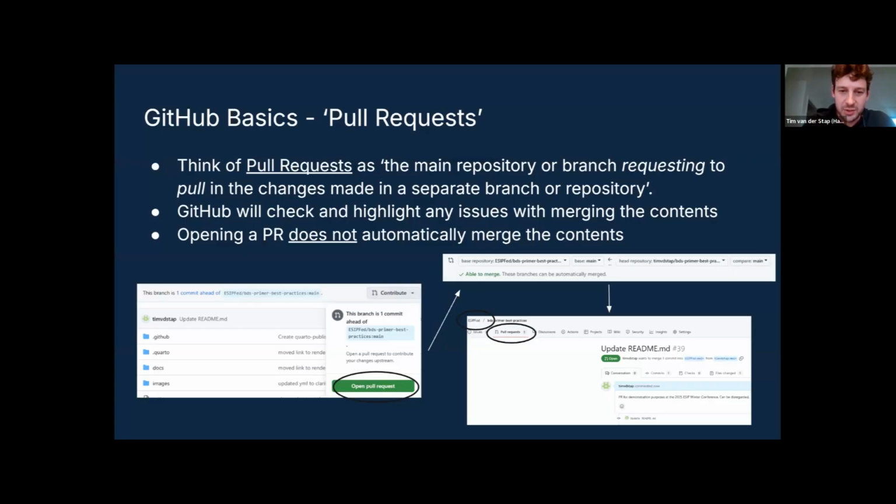And essentially what that does is within the original repository, it shows up as one pull request having been opened up with the title, update README, and a brief description of the changes that I've made. So depending on the different permissions that are set within that specific repository, you might need somebody to review the changes that you've made, or potentially you might be able to just merge those contents as you please if there's no issues found.